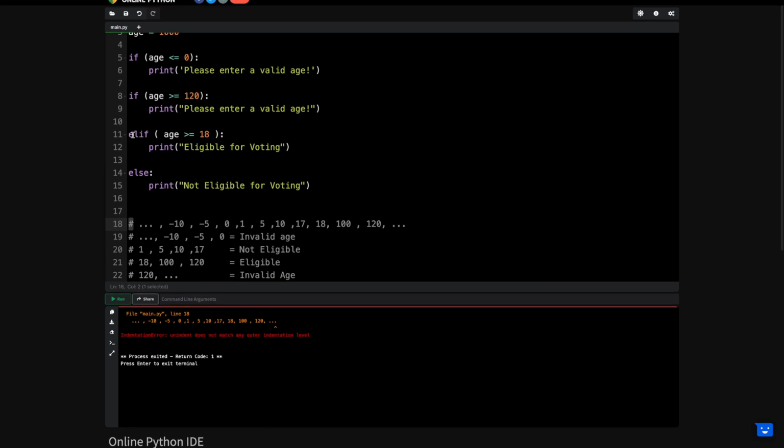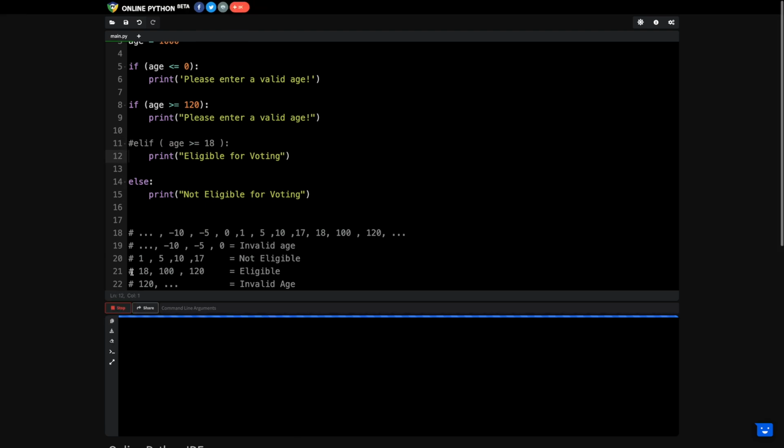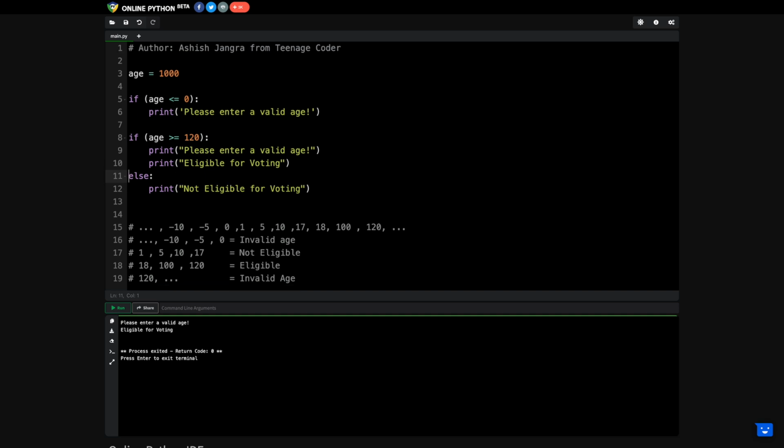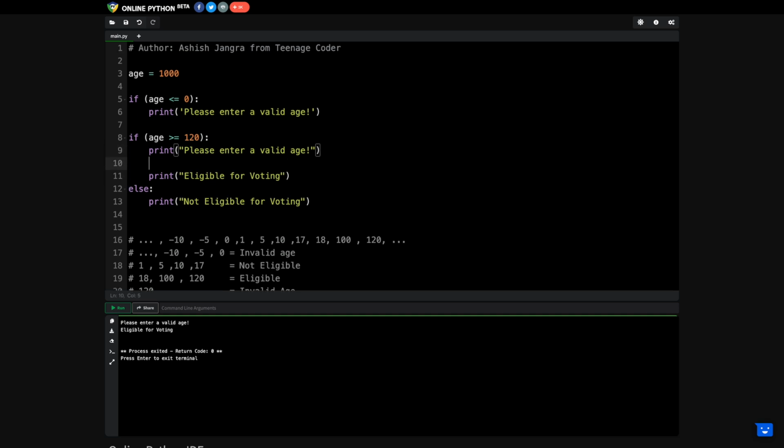Even if I remove this particular part, and write the print directly here, so the elif is removed, I will get an error because I am writing the print directly. This print now comes under this condition, because this is something that is not executed. So it treats it like this, because this condition is not here. Even if I write this or this, both of the conditions are going to be the same.